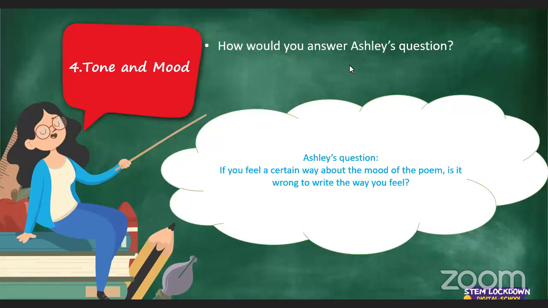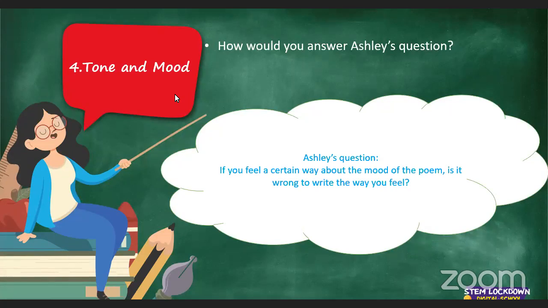So Ashley Mavangu, I'm assuming you were the one who asked the question last week. Okay, so the main thing is that you need to remember that tone has nothing to do with you as the reader, and everything to do with the writer of the poem, okay? And remember, we said we are able to identify tone through punctuation, the use of words, and the figures of speech as well. Guys, it's very important to look at the figures of speech that are being used, and what they mean, right?